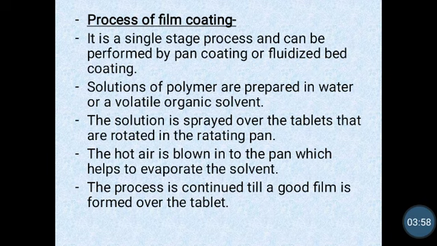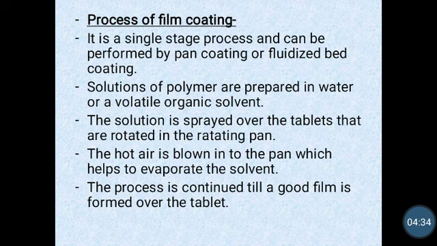So what is the process of this film coating? Film coating is a single stage process and can be performed by pan coating or fluidized bed coating. Okay, so film coating ही एक सिंगल स्टेज प्रोसिजर आहे. फिल्म कोटिंगसाठी आपण आयदर कोटिंग पॅन यूज करू शकतो किंवा फ्लुइडाइज बेड कोटर्स यूज करू शकतो की ज्याच्यामध्ये टॅब्लेटचं फ्लुइडायझेशन केलं जातं किंवा टॅब्लेट गेट सस्पेंडेड इन द एअर स्ट्रीम and the film coating material is sprayed on the tablets.